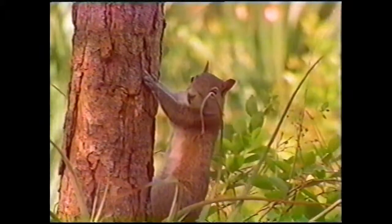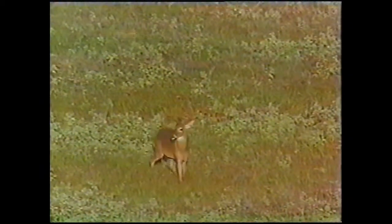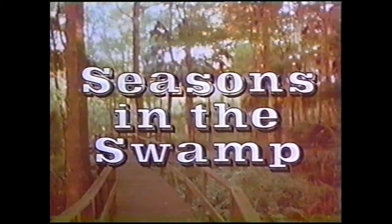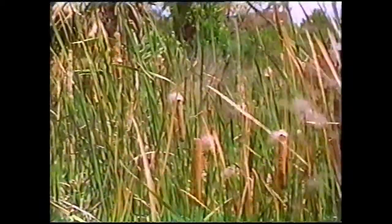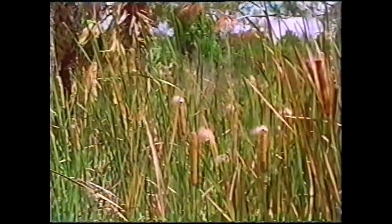Yet tucked away deep within Florida's interior is such a natural setting, unhurried, virtually unchanged by man. It is the same as when Indians traded on this spot in centuries past. Today, this watery haven is known as the Barley Barber Swamp. Named for one of the first homesteaders of the area, the Barley Barber Swamp displays a profusion of wildflowers